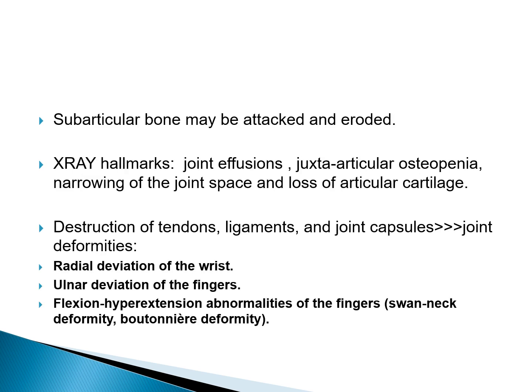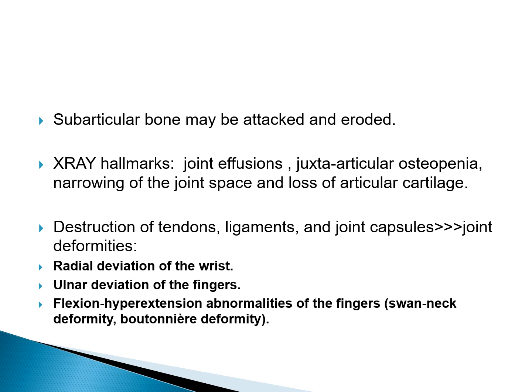So as I said, subarticular or subchondral bone may be attacked and eroded secondarily with the progression of the disease. In order to diagnose rheumatoid arthritis, we rely on the history and the physical examination, the findings of symmetric involvement of the joints with swelling, hotness, and redness, in addition to some X-ray findings. The hallmarks of rheumatoid arthritis on X-ray: joint effusions, accumulation of fluid inside the joint,